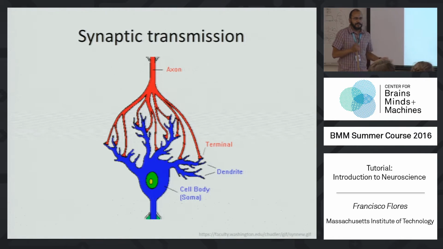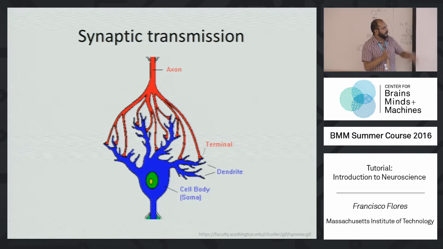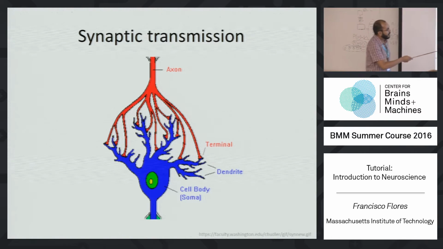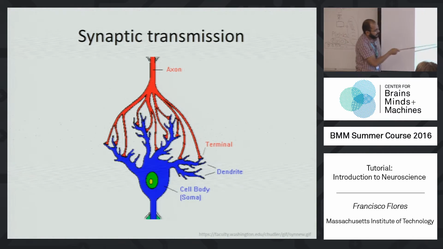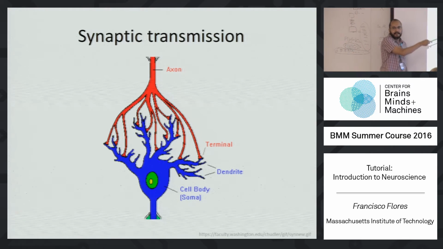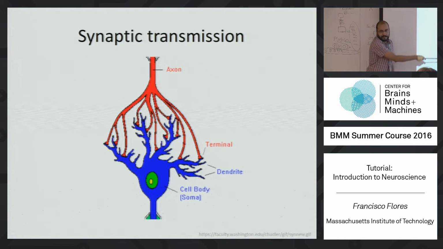So that's the synaptic transmission. It's when a neuron makes contact with another neuron. So here there is a little schematic on how that happens. This is the axon. These are the synaptic terminals at the end of the axon of neuron 1, let's call it the red neuron. And they are making contact with the dendrites, or also with the soma. In this case, it's not shown, but they might also make contact with the soma of the second neuron. So this will be the presynaptic neuron, and this will be the postsynaptic neuron. Okay?